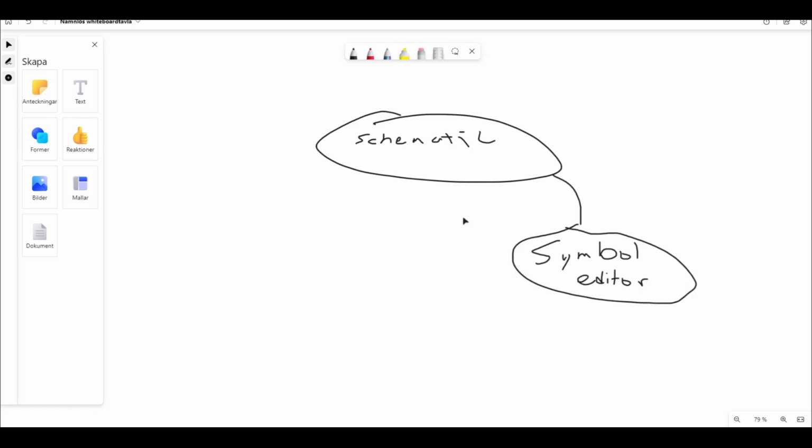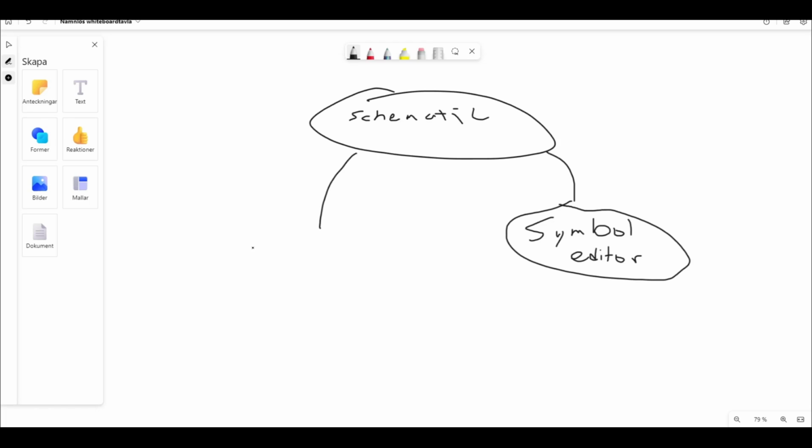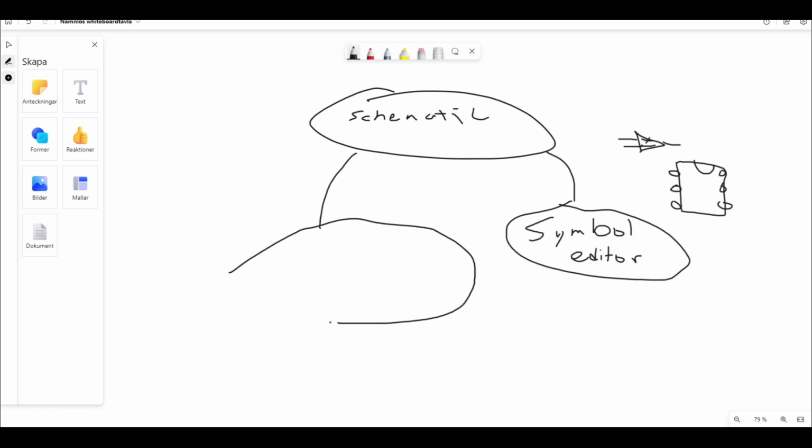Then once we're done with our schematic is when we go over to the layout or the routing stage. This is where we take all of our symbols and transfer them into footprints. These footprints though will have to match the physical package that the supplier or the manufacturer provides the product in. So even though our symbol looks like this for the op-amp, we have to make sure that our footprint does indeed look like the package that we're going to solder onto that part of the PCB later. A lot of that is done for us. We will just assign footprints to the symbols, and then the software will do the conversion and bring everything